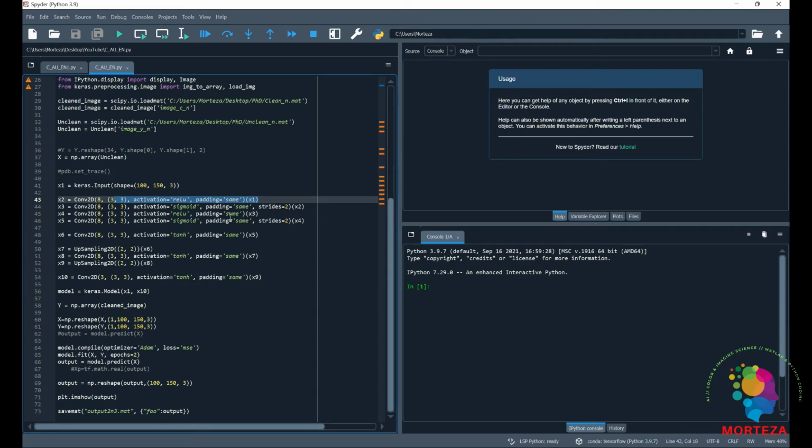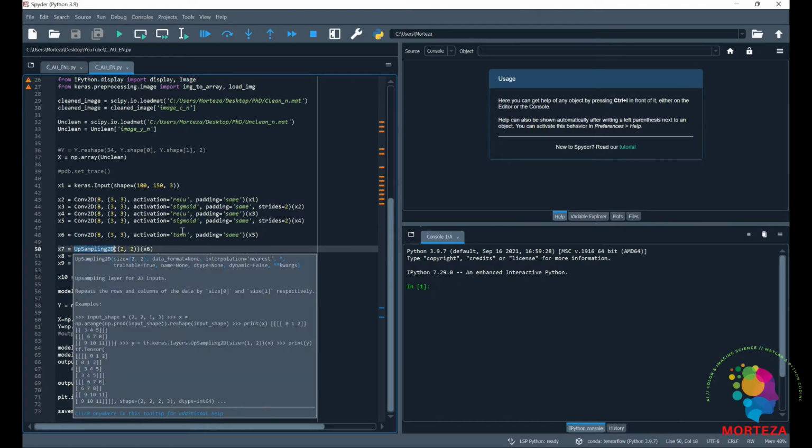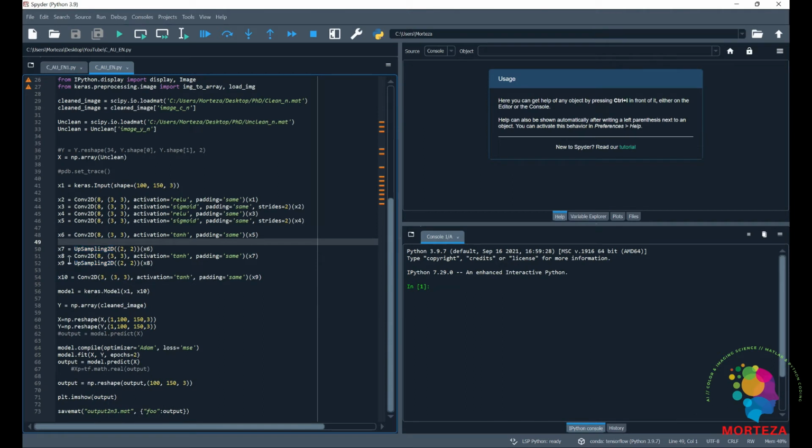And then the fourth layer is convolutional layer again, and then the fifth layer again has this stride 2, which would make the image even smaller. And then after that, the size is gonna go up, and it's gonna increase using the upsampling in a two-dimensional space. And there are 10 hidden layers, 10 convolution layers. So it's a deep convolutional autoencoder,